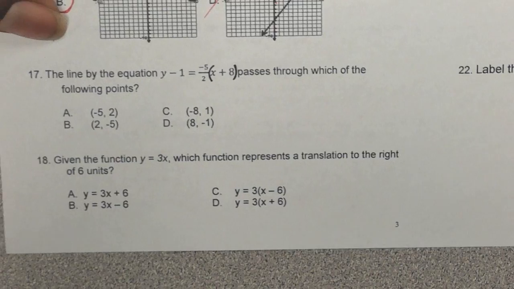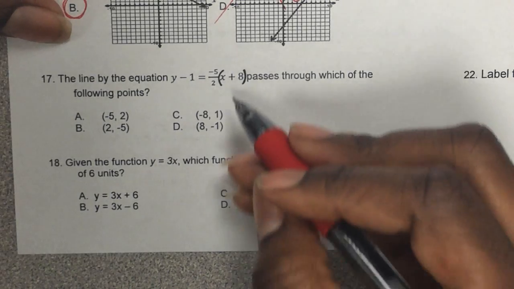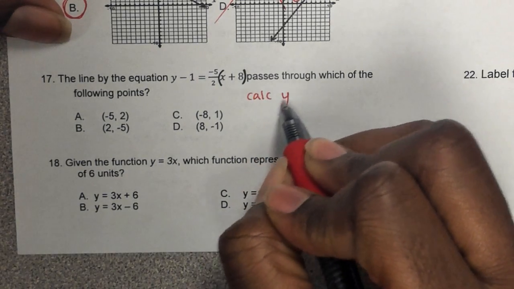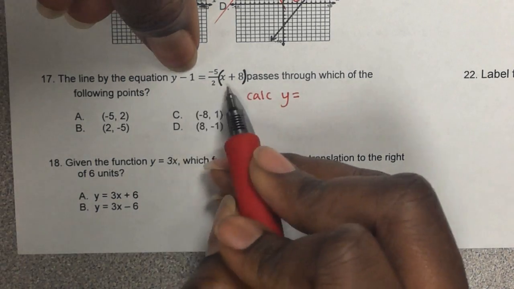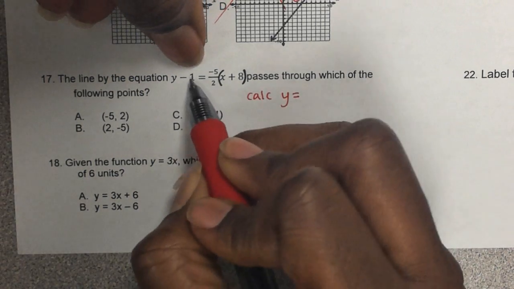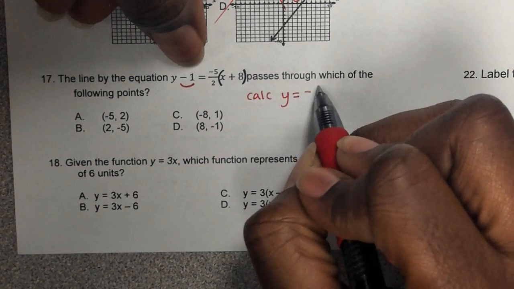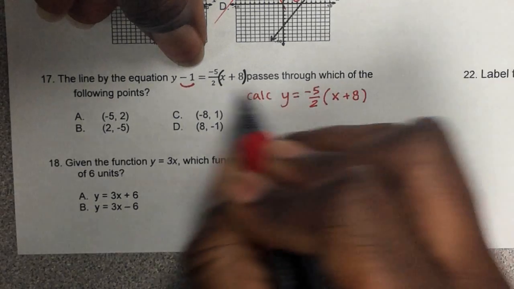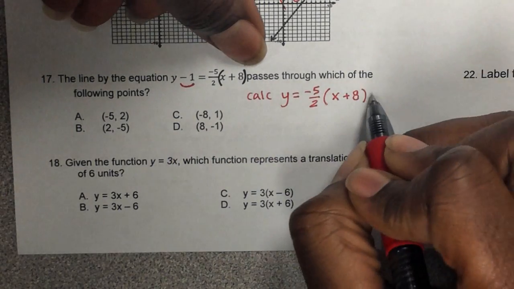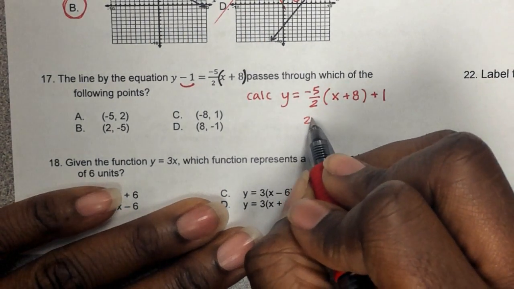Moving on. This one right here could be another calculator problem, definitely. There's 2 ways to do it. You can use your calculator, y equals. However, remember, you cannot put this exactly in the y equals. You have to rearrange it a little by taking this minus 1 and moving it over as a plus 1. So that would be negative 5 over 2, parentheses, x plus 8. Then remember, we're moving this to the other side and putting plus 1 on it. If you put this in your calculator and press second graph,